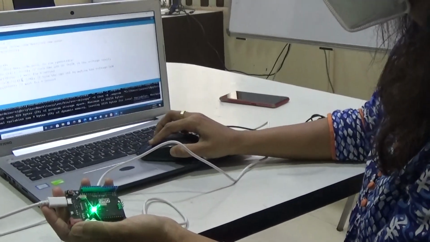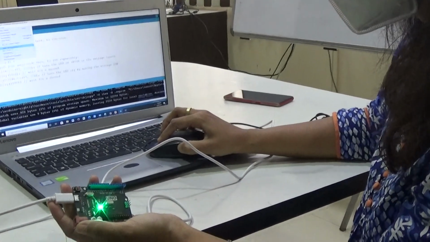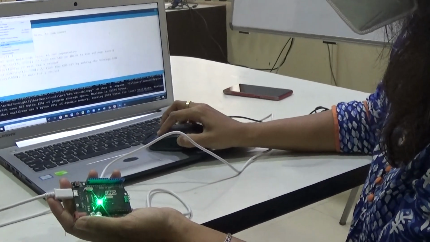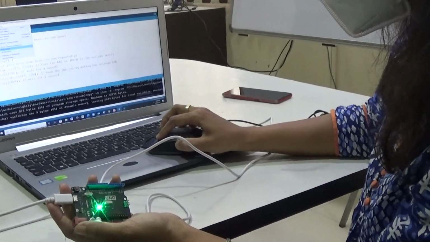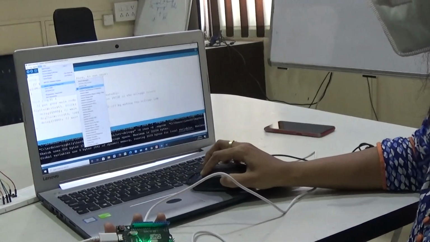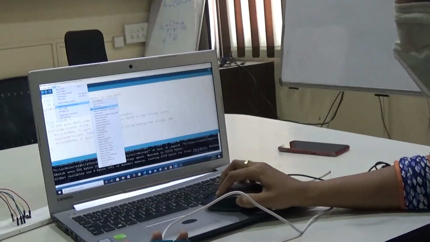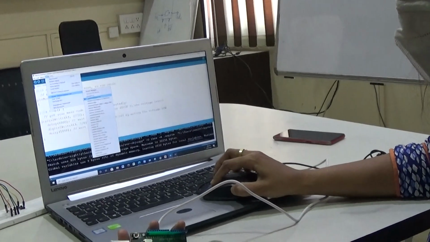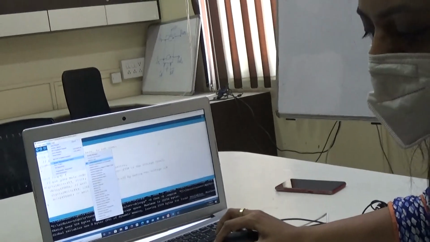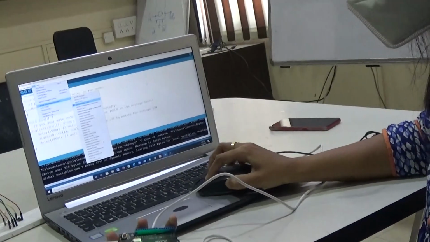So before uploading, make sure that you go towards the tools and make sure that the board is connected. So here I am getting the indication that the Arduino Uno board is connected. So now you are ready to use the board. Okay, so another indication will be the LED is on. If the LED is not on, then something is wrong with the connection or with the kit. So you have to troubleshoot that.